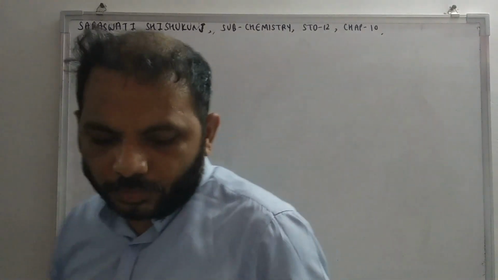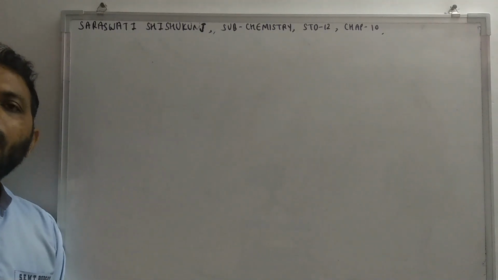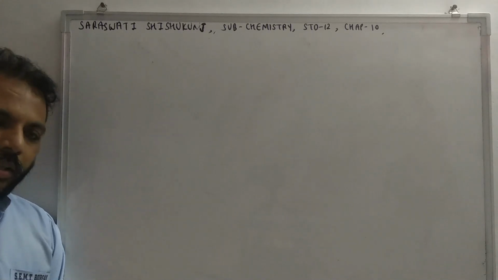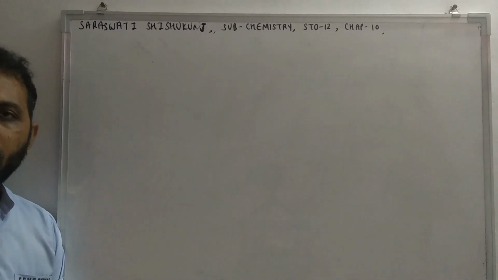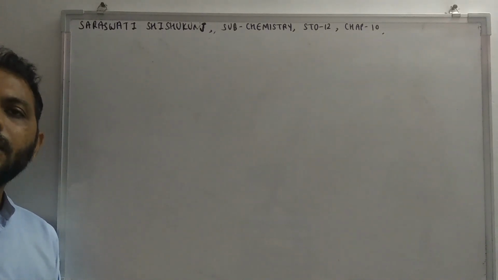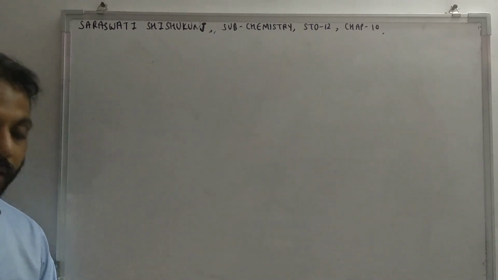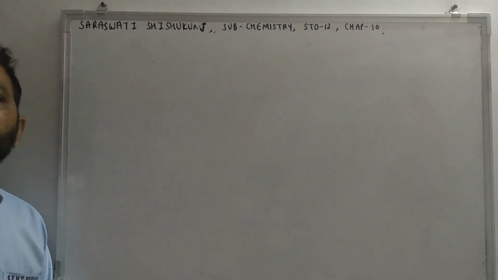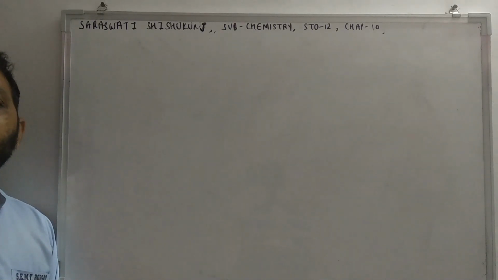Hello students, so we have been discussing chapter number 10, that is haloalkane and haloarene. We have discussed so many topics of this chapter like preparation of haloalkane and haloarene. We have discussed nomenclature, right? We have started with nomenclature. Then we have discussed chemical properties of haloalkane and haloarene. We have also discussed SN1 SN2 reaction. Then we have discussed stereochemical aspects of haloalkane. Okay. Today we are going to discuss the last topic of this chapter, and the topic is